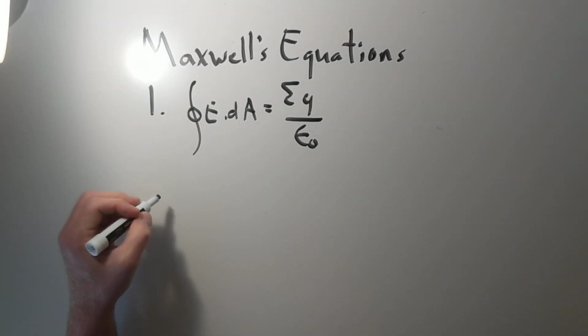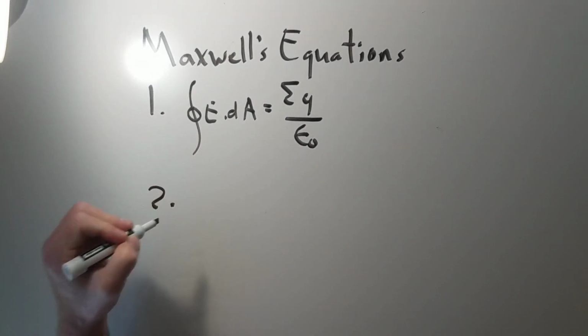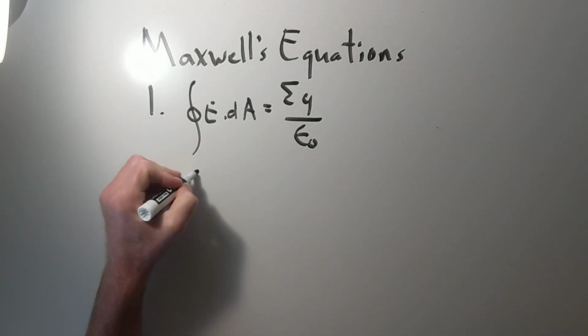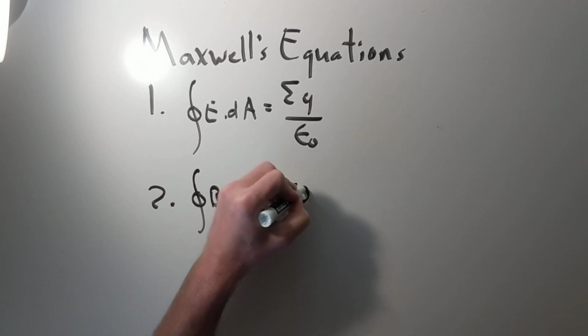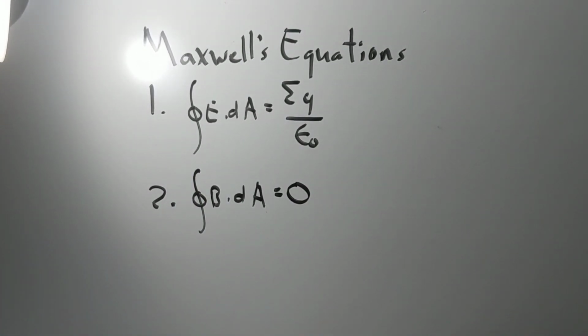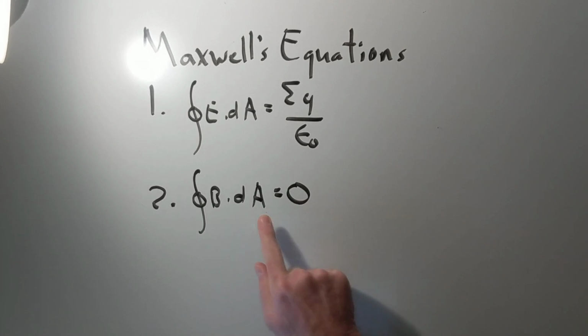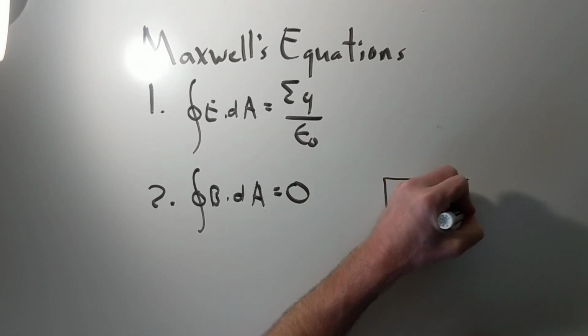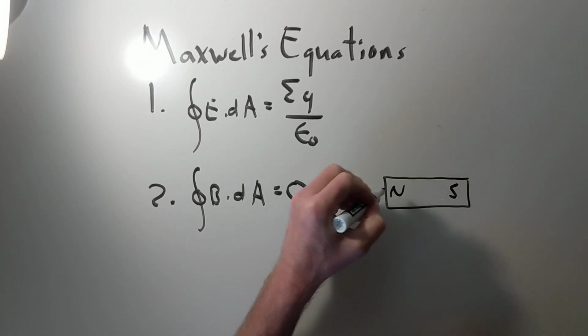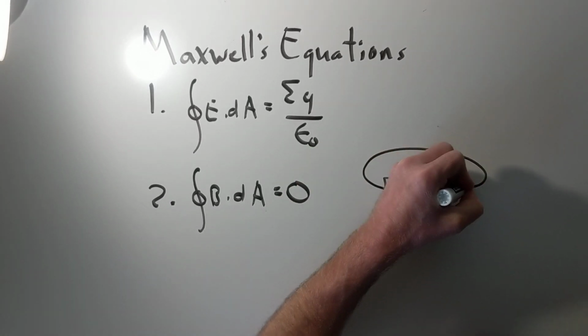Number two, probably the one that they ask you about the most, is this. It's the integral of B dot dA equals 0. Now this is specifically for a closed surface, in other words, a surface that closes on itself. And what this says is if we take a magnet and we have a north pole and a south pole, and you draw magnetic field lines